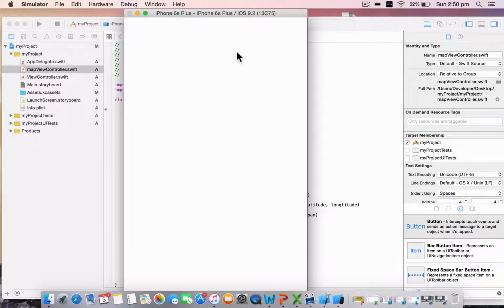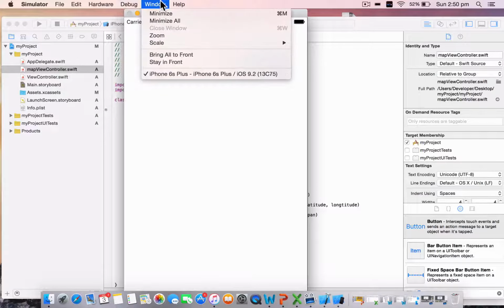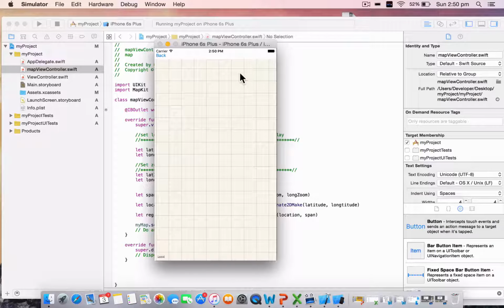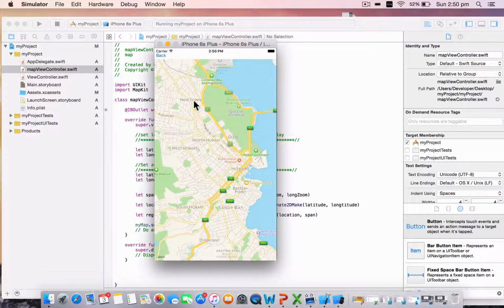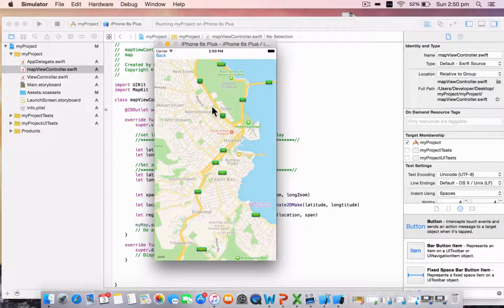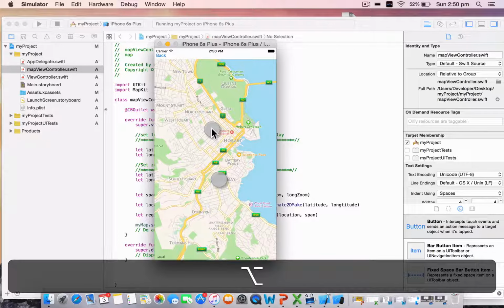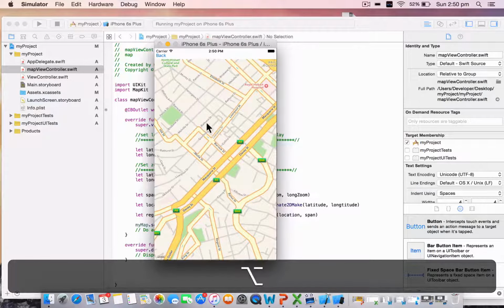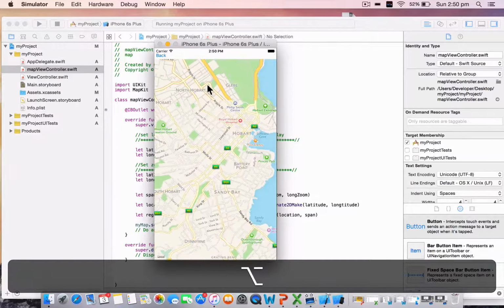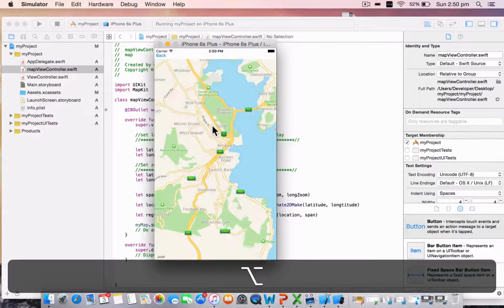Okay, so this is an iPhone 6, so we probably need to scroll down. There's our button. If you can't see the button, sometimes it's worth going to Window, Scale, and dropping the scale down so you can actually see it all. There's our button, click on that, and we should get Google Maps loading. And we can move it around like any other Google Maps. If you want to practice the pinch function, hold Option on the keyboard, and that allows you to zoom in. Now this is zoomed in on Hobart in Australia,